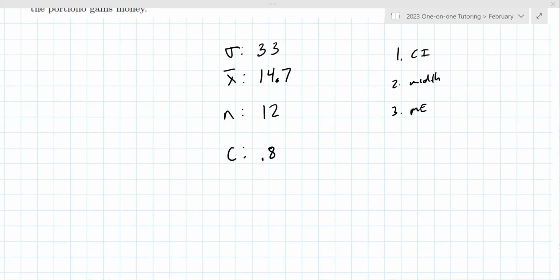The interval is 2.4916 to 26.908. Okay, good. The width is 24.4164. Good. And the margin of error? 12.2082. Very good. Okay, now in the context of the problem here,